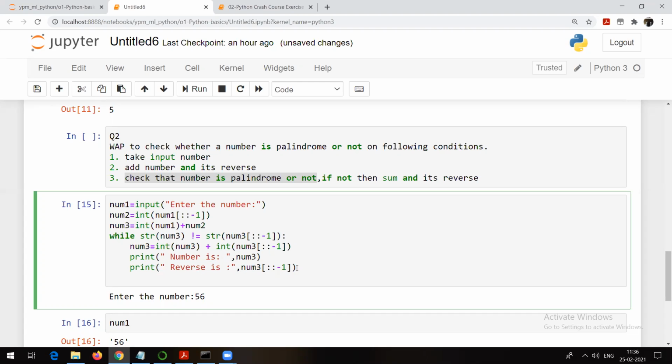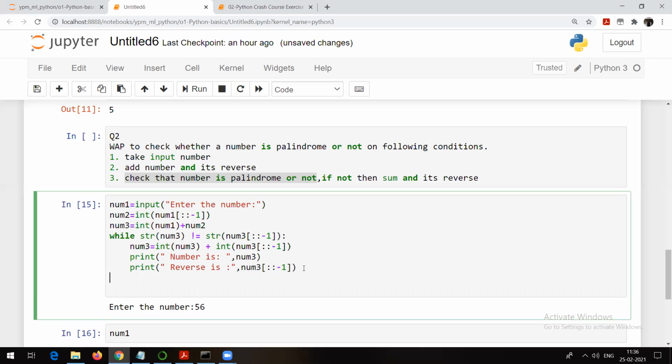Okay, so this is going to print the reverse, this is going to print the original number, and finally, this while loop is going to iterate till you get a palindrome, and as and when you get a palindrome, just print that palindrome is. Okay, and obviously the palindrome is going to be stored in the variable itself.